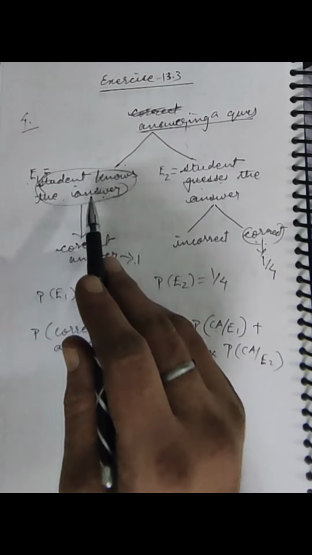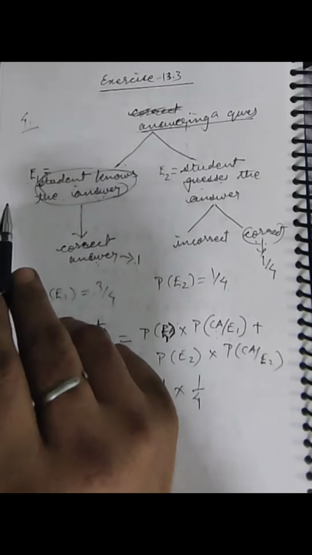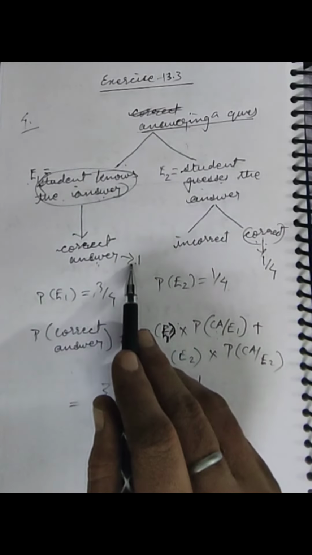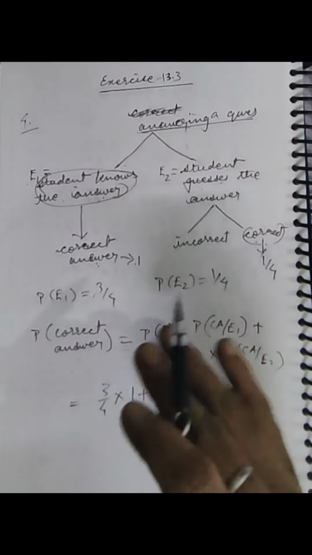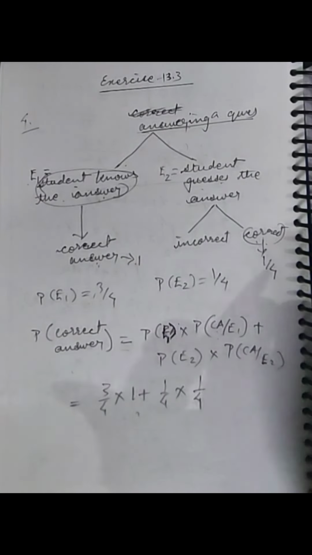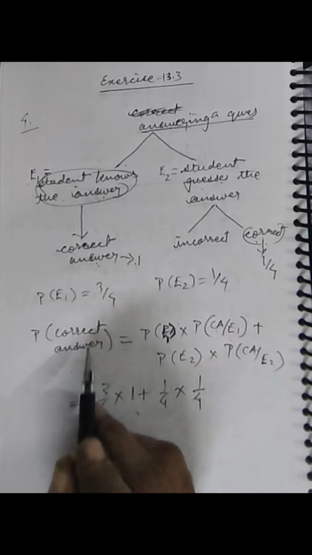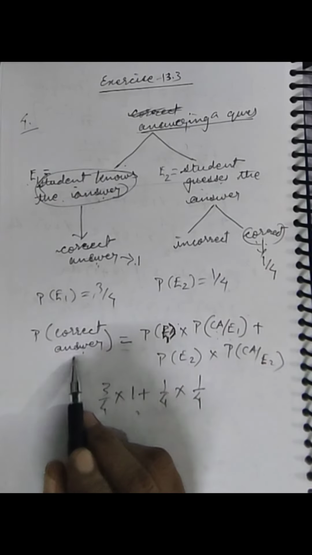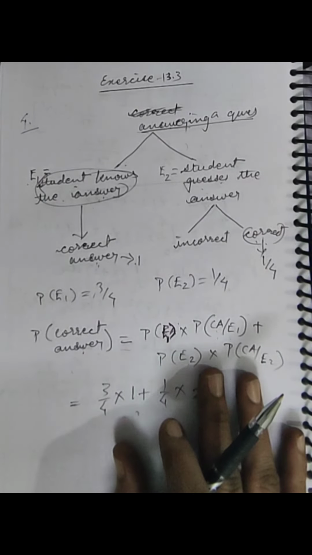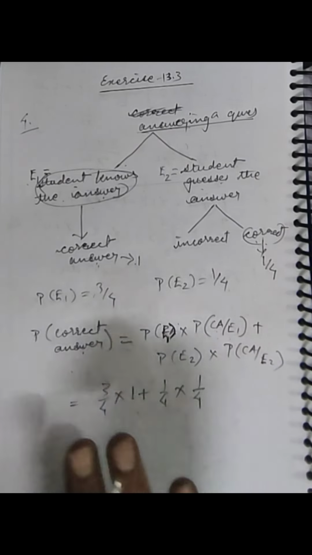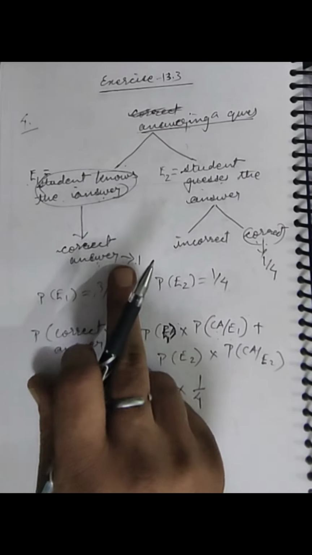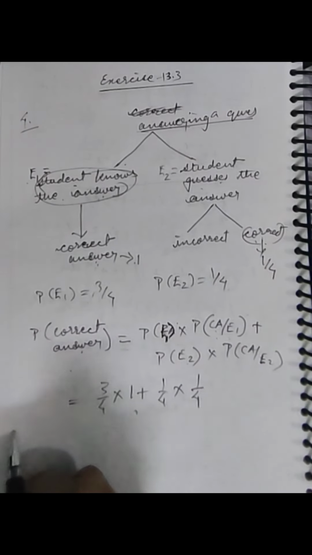When we need to find the probability of one of these events, then always you will be given one of these conditions. Written that given that he answered it correctly, given means it has already occurred. So correct answer has already occurred. If it was the equation of total probabilities, then this would have been the final answer, but not so, because this is the total probability application for correct answer. We will go ahead using Bayes theorem.